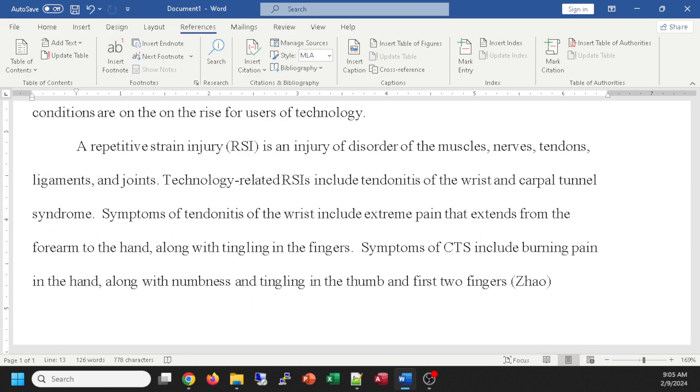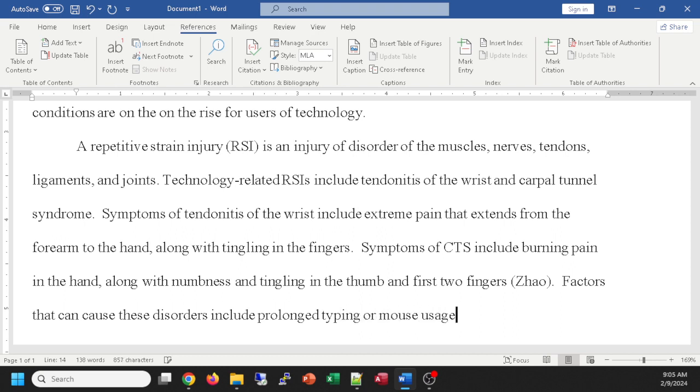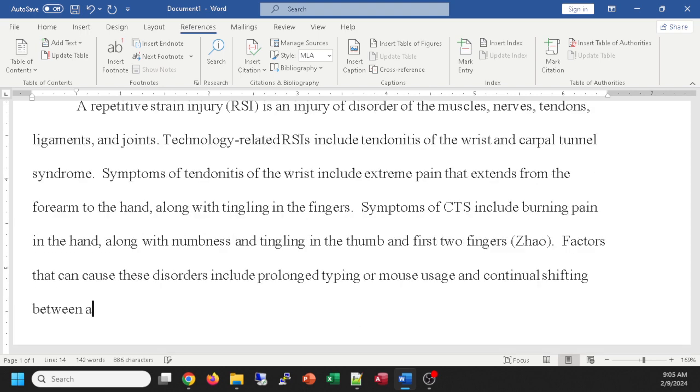Okay, let's continue then. We've added our parenthetical reference, and now we're ready to type in more text. We'll put the period after the thou, and then continue this paragraph. Factors that can cause these disorders include prolonged typing or mouse usage and continual shifting between a mouse